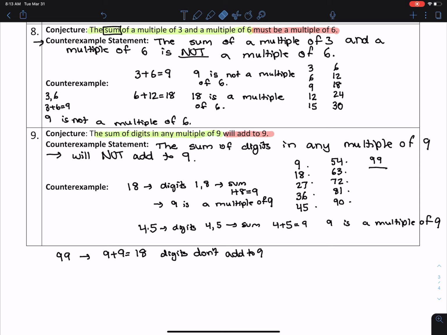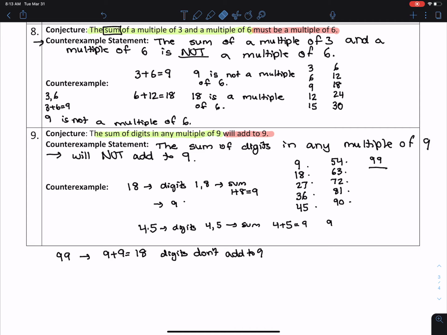And you can see I've made a little bit of an error here. 9 is the result, and we want to find one that doesn't equal 9. I shouldn't have said a multiple of 9. The sum of the digits in a multiple of 9 will always be a multiple of 9. So in this example, I took the digits